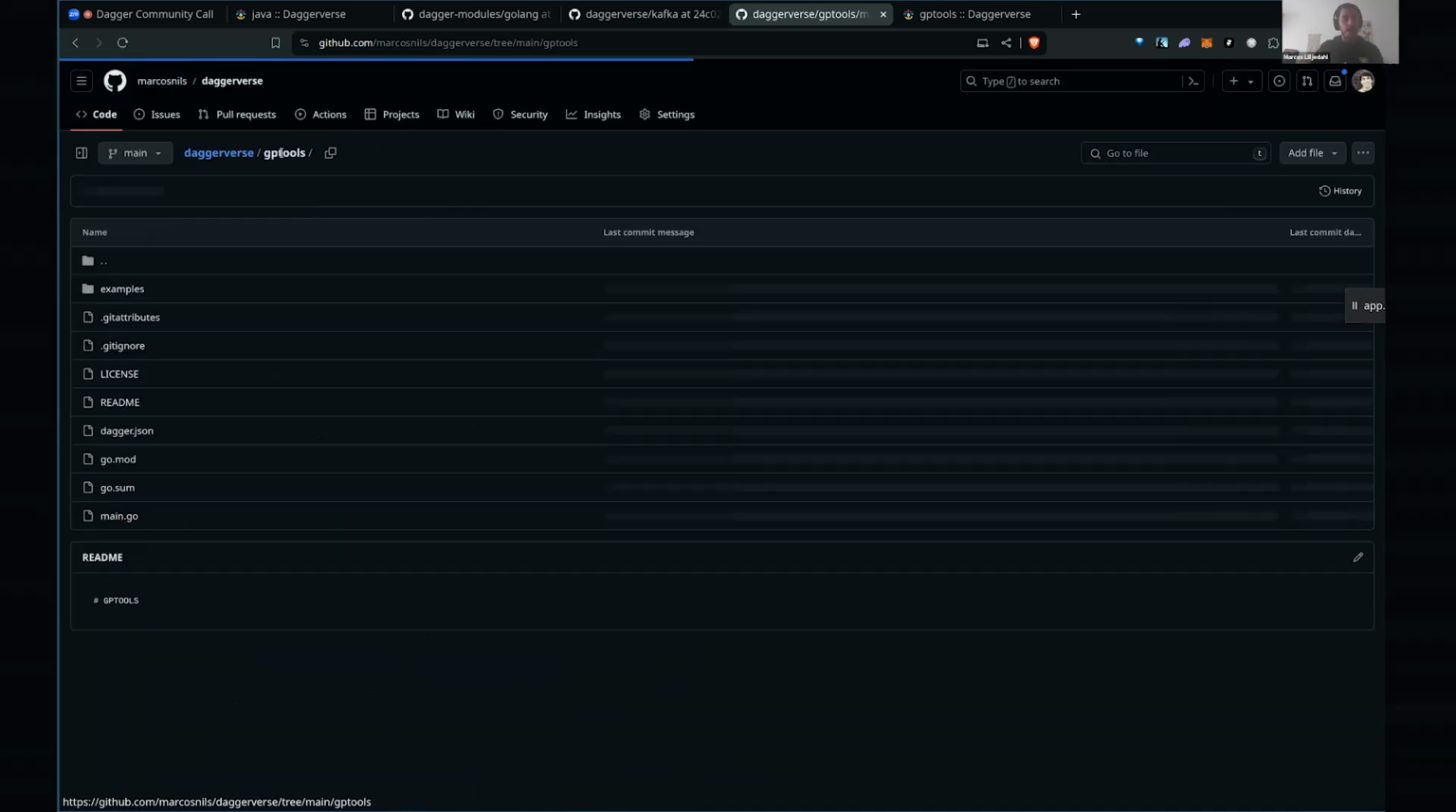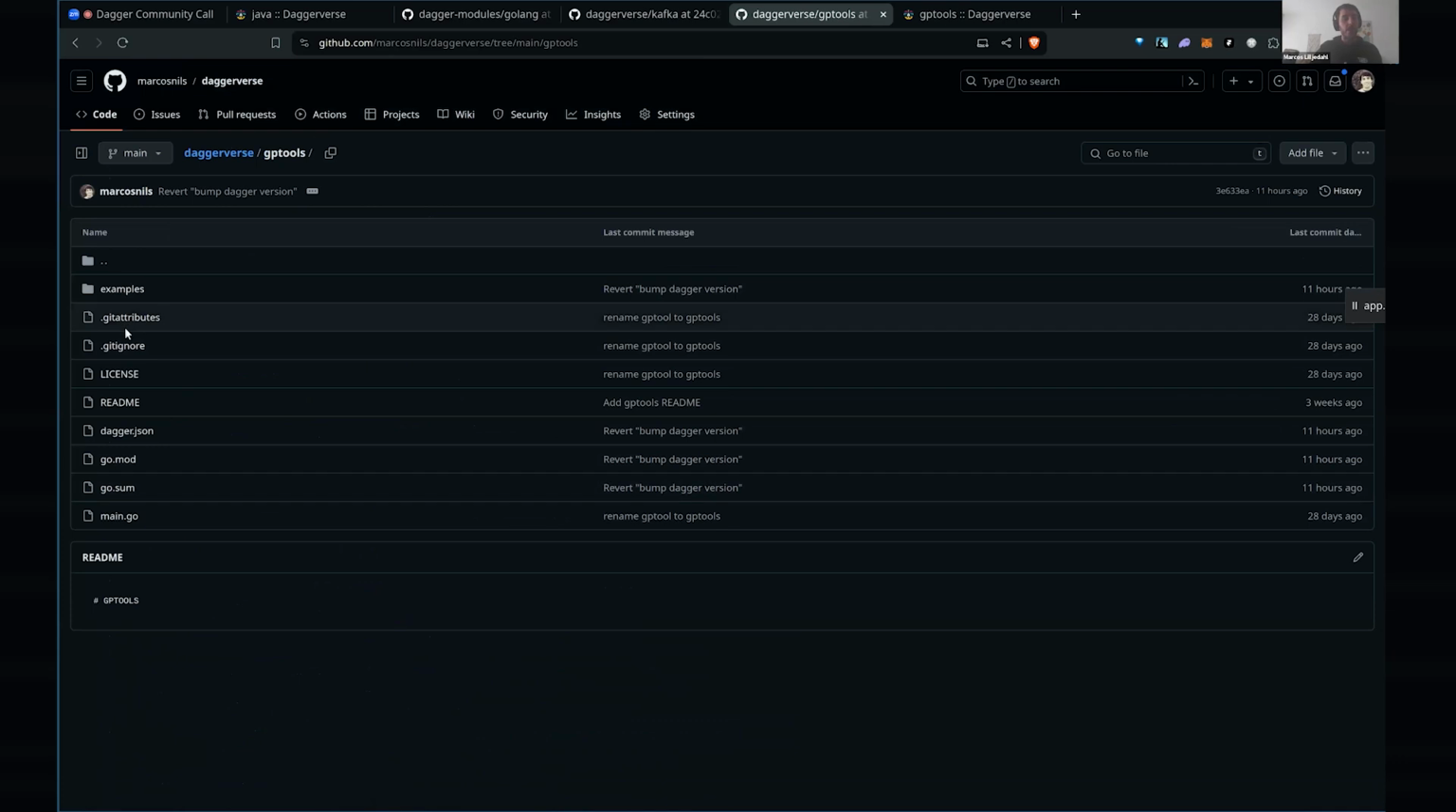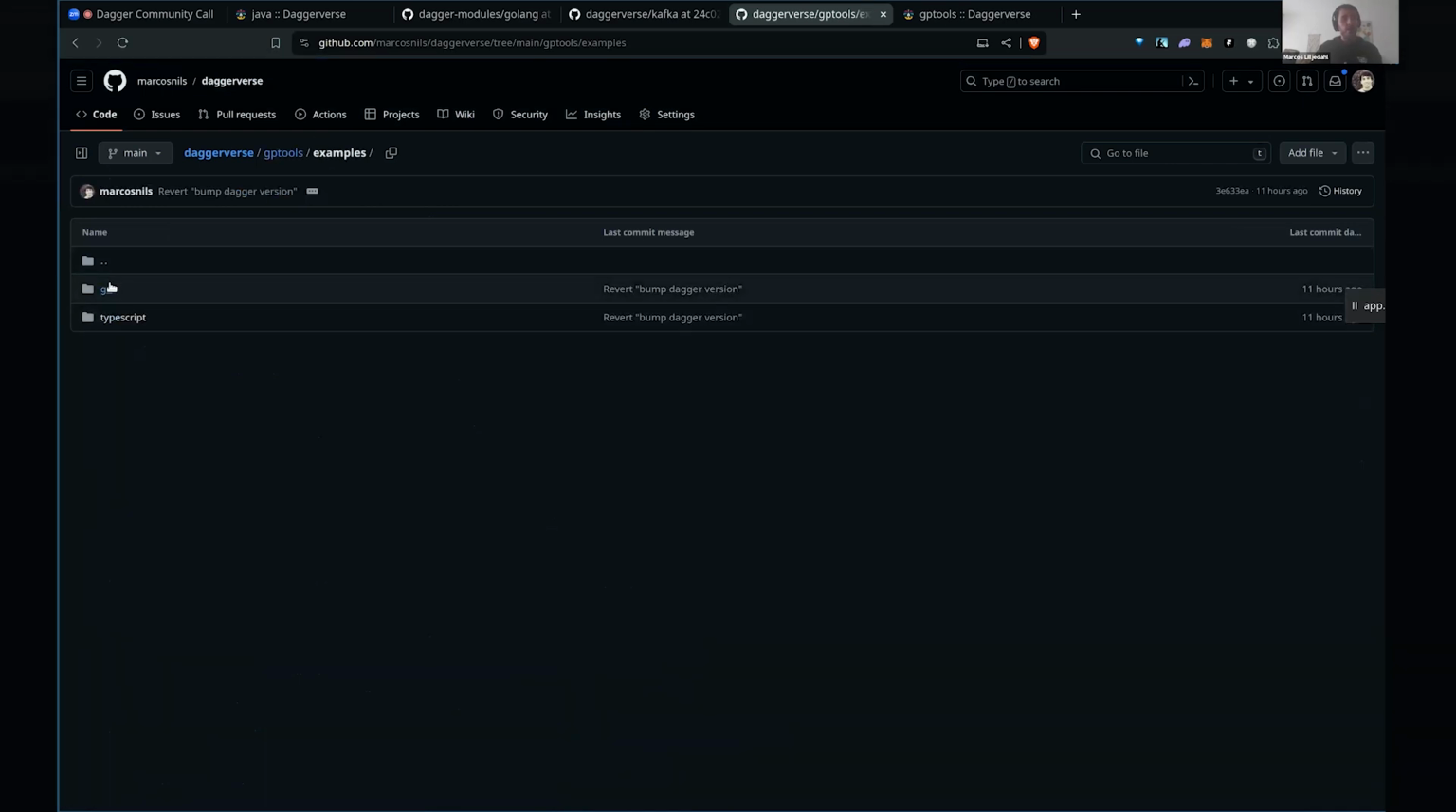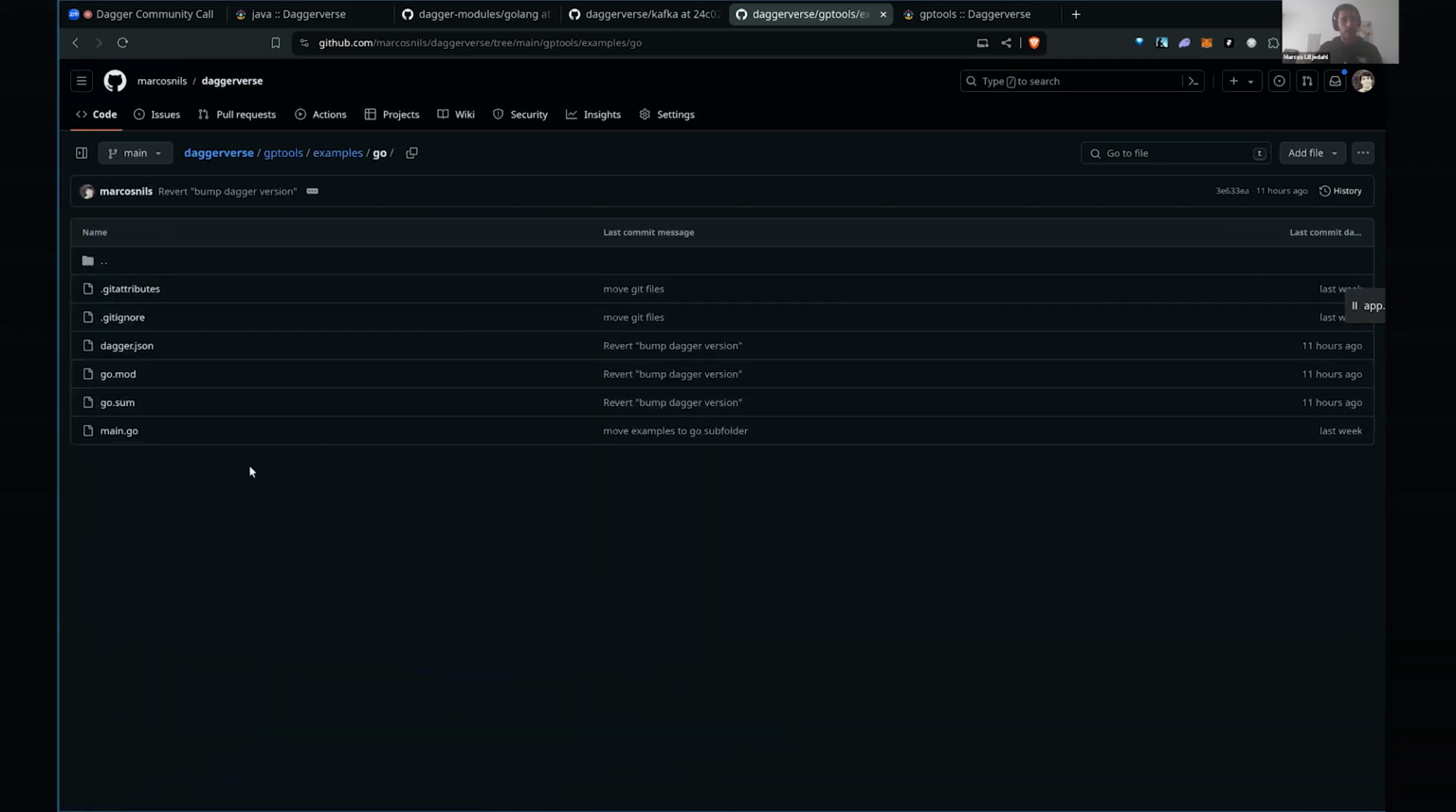One of the things we are trying is that you can create an examples folder inside this module. In this examples folder, you can have multiple folders for different SDKs. In this case, you can see that I added examples for Go and TypeScript. Inside the Go folder, you're going to see that I followed a similar pattern to what Mark is doing,